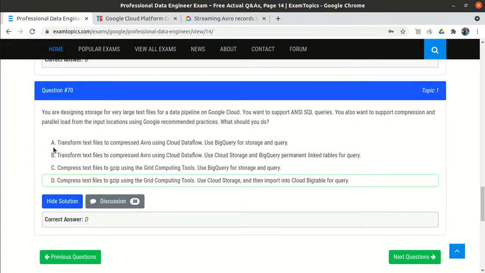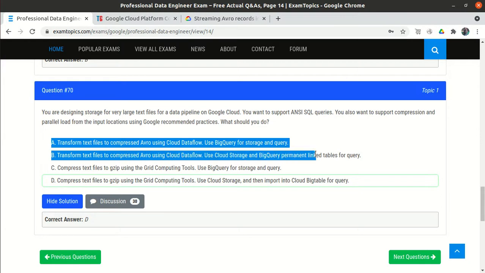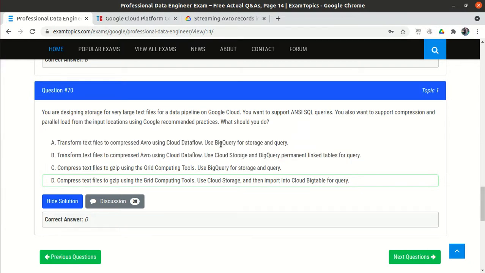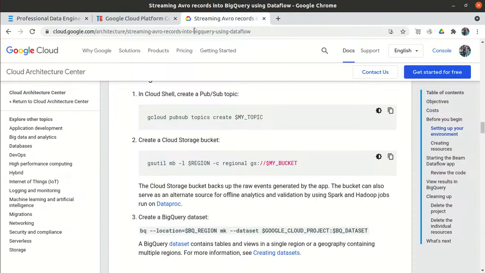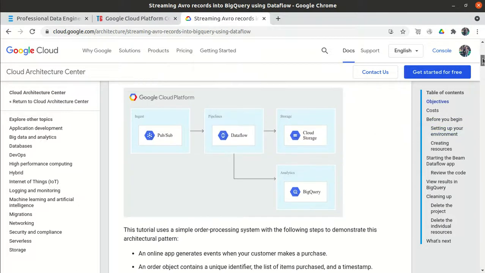Options C and D can be easily rejected, but out of A and B, earlier I thought it could be A, because why do we need two storages, Cloud Storage and BigQuery? We can directly transfer the data into BigQuery, right? But in the official documentation on streaming Avro records into BigQuery using Dataflow, we load into BigQuery but also use Cloud Storage.